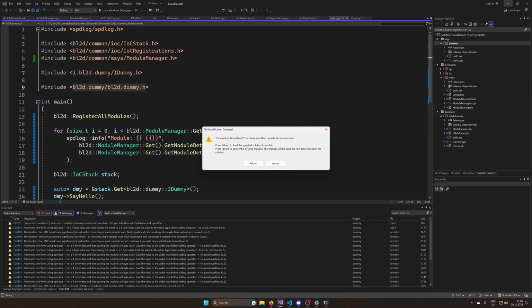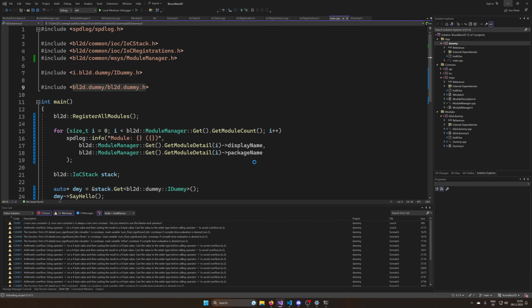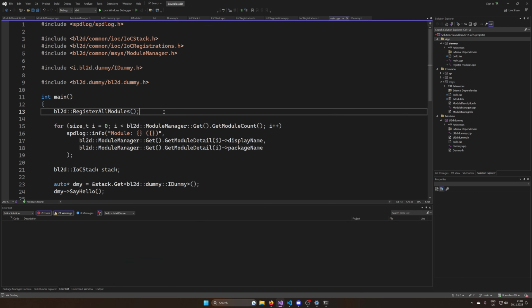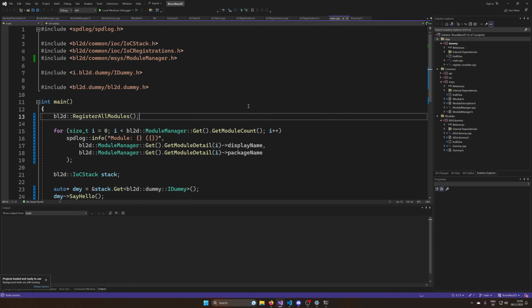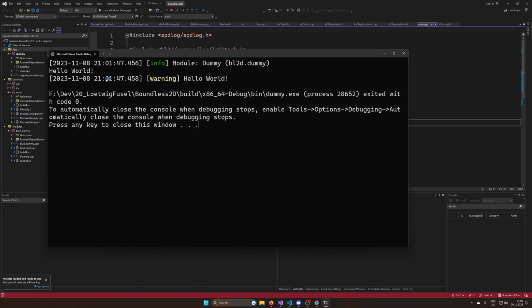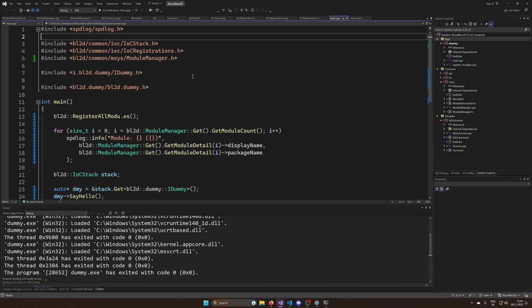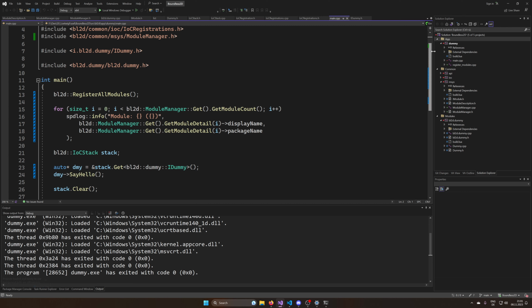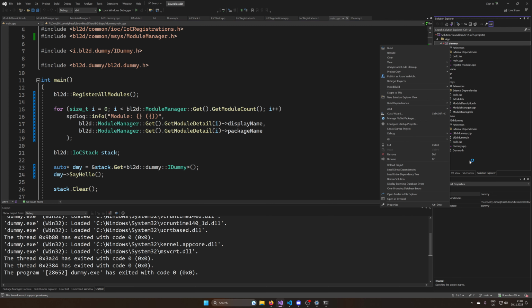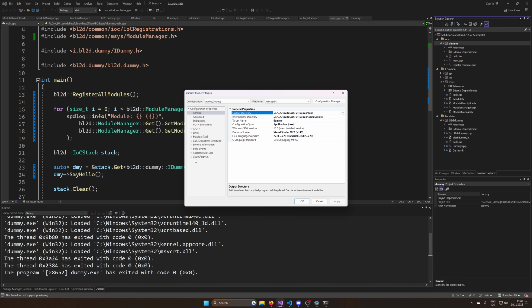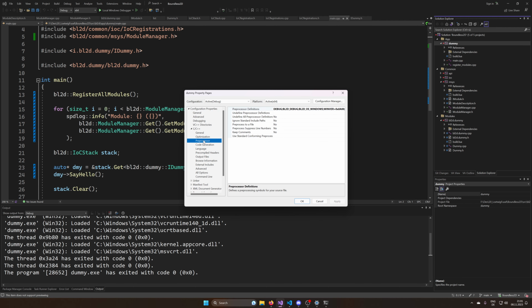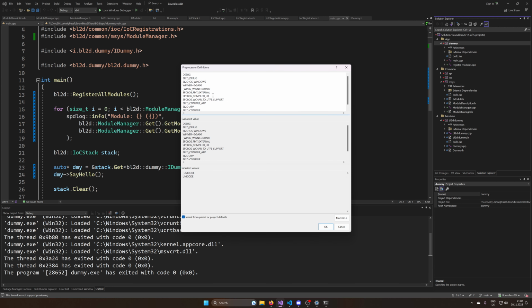Now if I go into C++, this code should actually work already, without even needing to touch anything. This should already work because it's compiled, so it's linked in, and the module is automatically included. So you can see that the code already works. However, I do want to have a bit of maintenance, and if you take a look at the properties and the C++ preprocessor, we might already have a